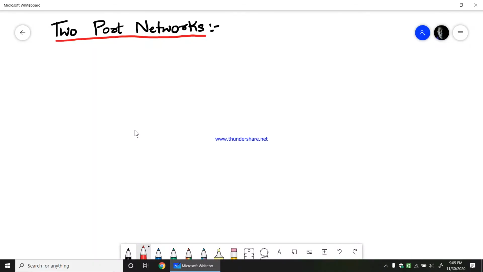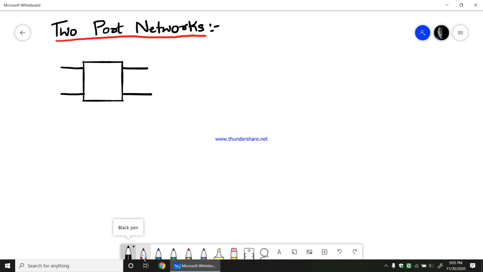So today we will learn a concept called two-port networks in network theory. Normally, two-port networks are circuits which have two different terminals. If I write the block diagram of the two-port network, I'll be getting two inputs here. This is the input port, sorry, and this is the output port.